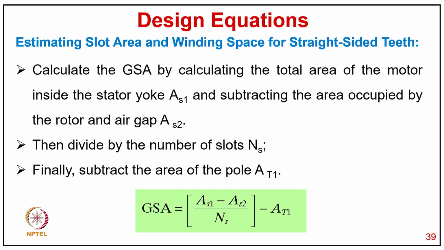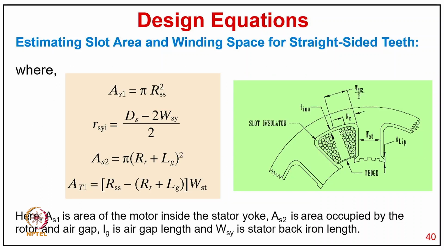the area occupied by the rotor and the air gap AS2. Then divide by the number of slots NS, and finally subtract the area of the pole AT1. So GSA equals in bracket AS1 minus AS2 divided by NS minus AT1. Now where AS1 is pi RSS square and RSS equals DS minus 2 WSY by 2, and AS2 equals pi in bracket RR plus LG square, and AT1 in bracket RSS minus in bracket RR plus LG bracket close